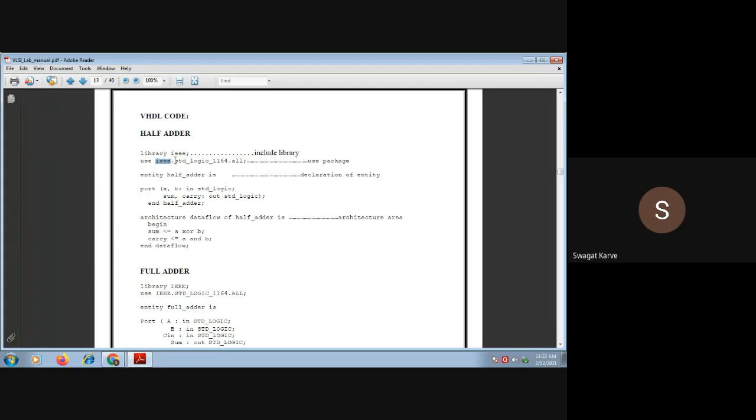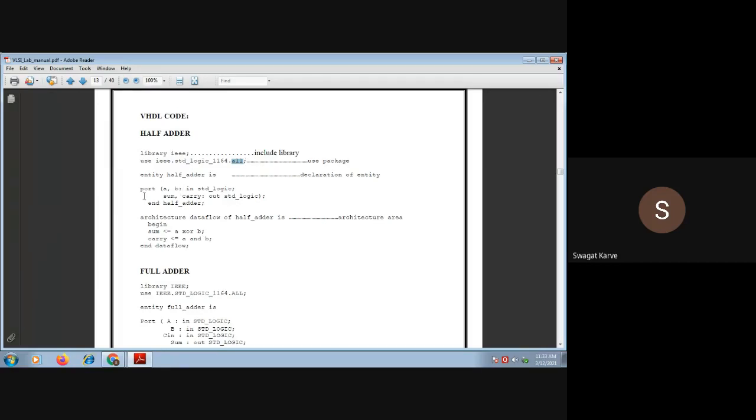That means in the IEEE library, use the package std_logic_1164, and in that package use all items. So the form is library dot package dot items.